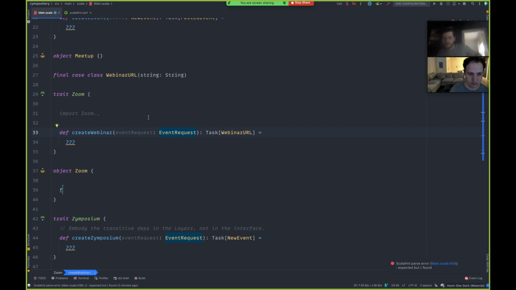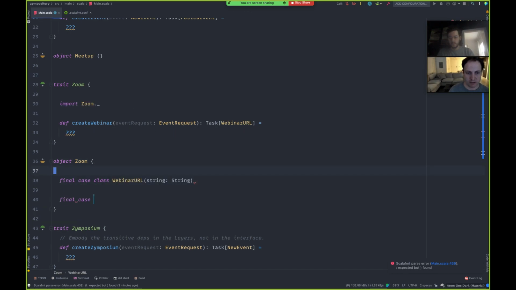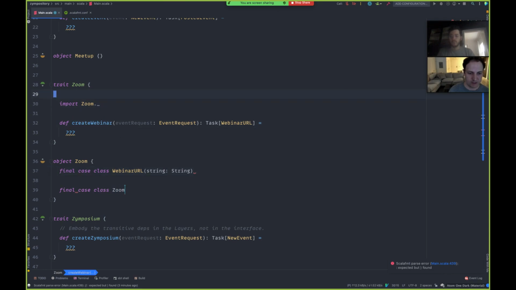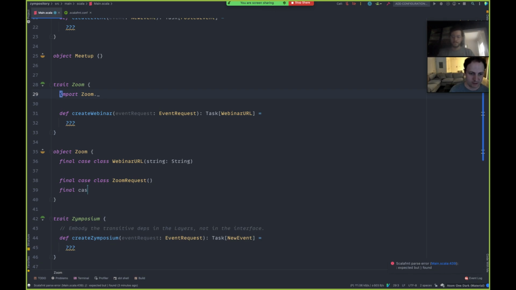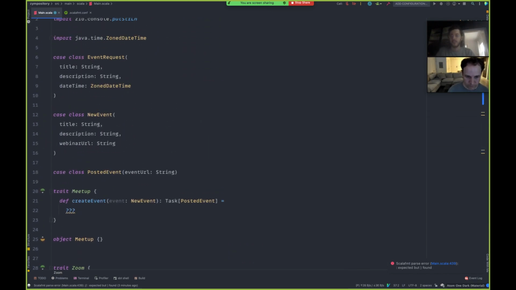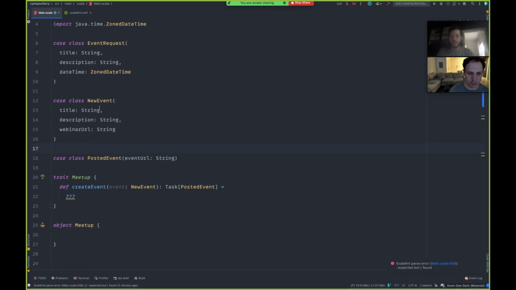Okay, so our object thing didn't work, our package thing didn't work, but we could have each of these have their separate data models. That's kind of a separate architectural discussion of common versus shared ones. But we could imagine, the simplest way, they each have a Zoom request and a Zoom response, and a Meetup request and a Meetup response. In this case, maybe the response just is the webinar URL at this point. It's hard coded to that, but that gives us the opportunity of slightly refining and evolving those separately over time. Yeah, definitely.